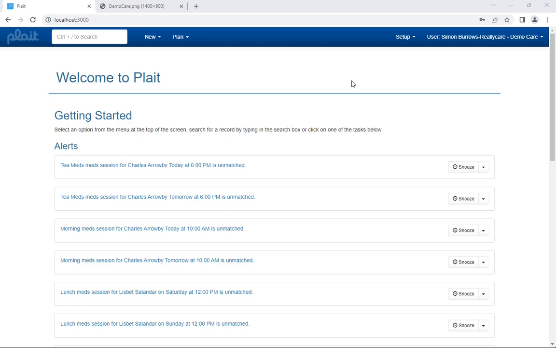In this video, we'll take a look at a new feature of Plait, pool workers. Existing users will be familiar with Plait's concept of organization. While some providers are represented by a single organization within the Plait database, others divide their resources between several linked organizations. Organizations can be used to split resources geographically, for example, one for each town or city that your service